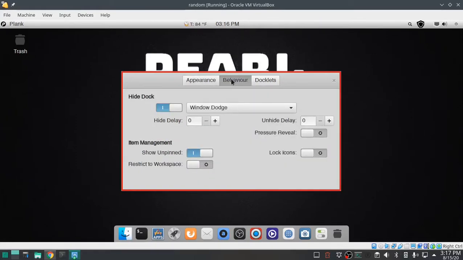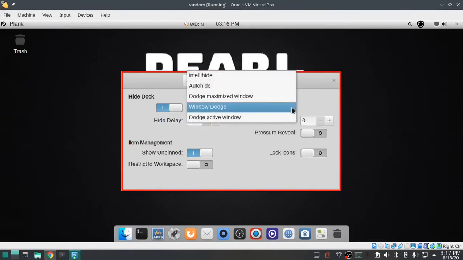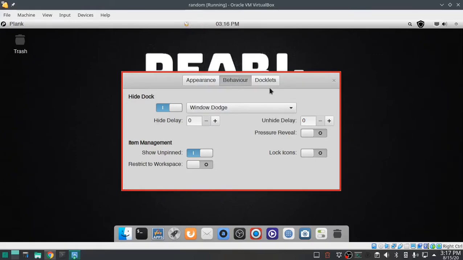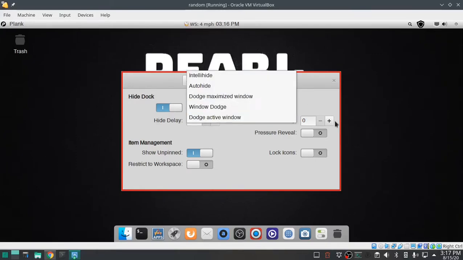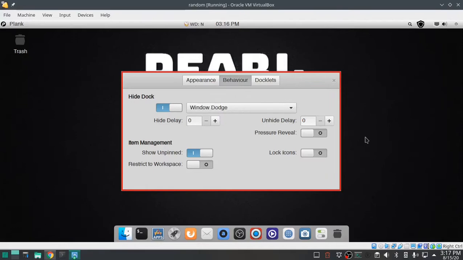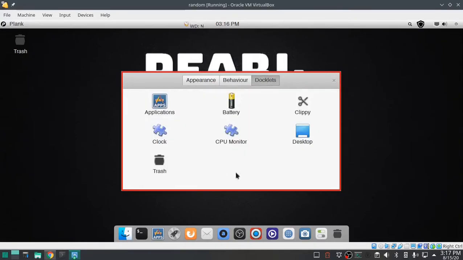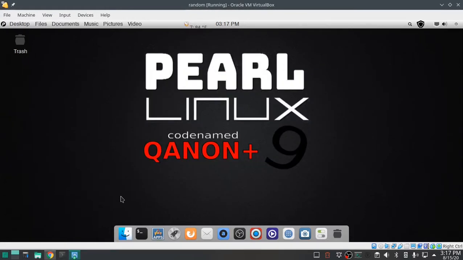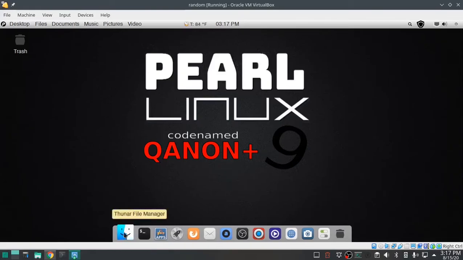Behavior, hide dock. You can do a hide dock. Okay. Set on window dodge. IntelliHide, auto hide, dodge maximize window, dodge active window. And it's got docklets. Haven't heard that word in a while. Wow. Docklets. So looking at the default icons that are in that launcher, we have Thunar File Manager, XFCE Terminal,